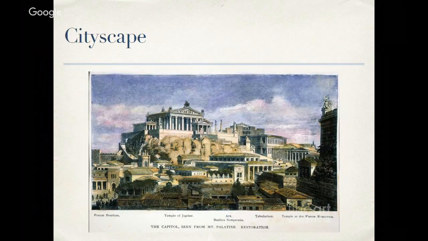For example, from what part of the city some buildings were visible, or what was the interaction between different buildings in the cityscape. And again, this was just a brief overview of why using 3D modeling and other 3D technologies can help us